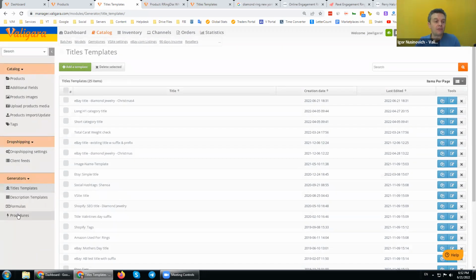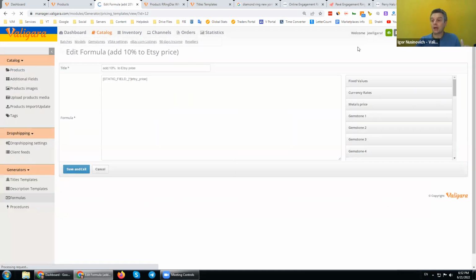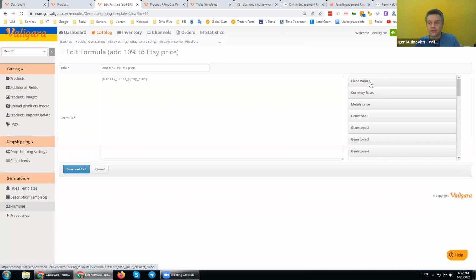Now, another part of the generators is the formulas. The formulas are very important, of course, for us for pricing. And again, we will see that here we can have more than one formula. And in this part, we will use the fixed values, which you can generate in Valigara, and the currency rates.